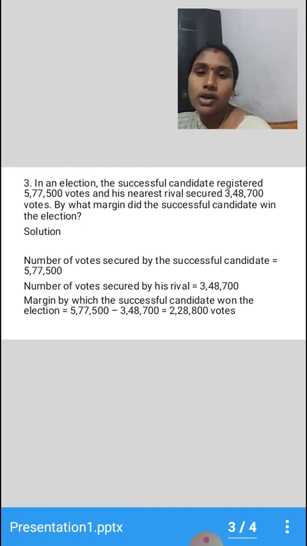Okay, so in an election, the person who has won the election has got 5,77,500 votes, and the next candidate has got 3,48,700 votes. So they are asking what is the difference in votes between the second candidate and the first candidate, right? So now we are going to subtract from